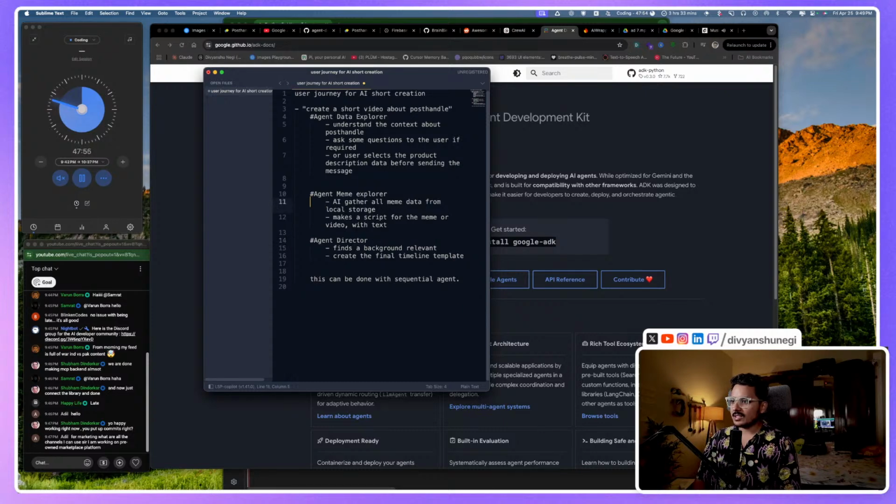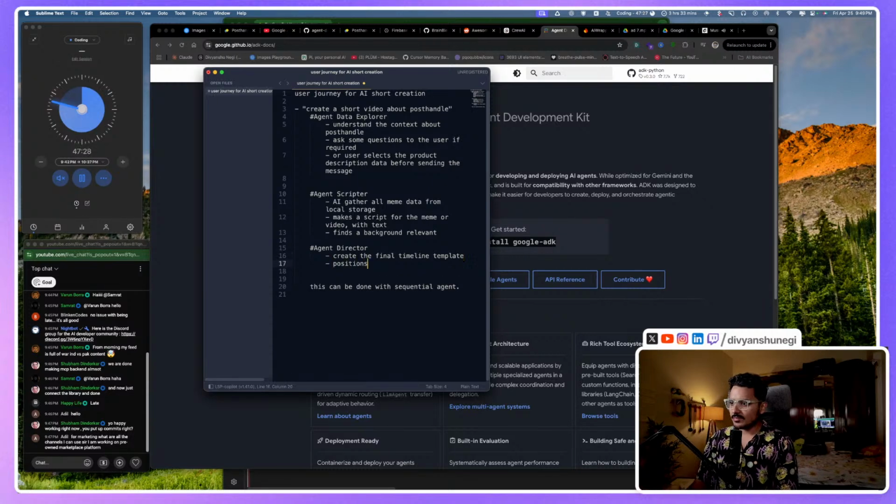or agent scripter, we can say agent scripter. This is nice. So agent scripter will decide what actors to pick. Actors are like what data we already have. Then there will be an agent director whose task is to, even the relevant background will be part of the scripter. So scripter will define everything. Scripter is like a pretty big agent. Then to create the final timeline, the director's role here,